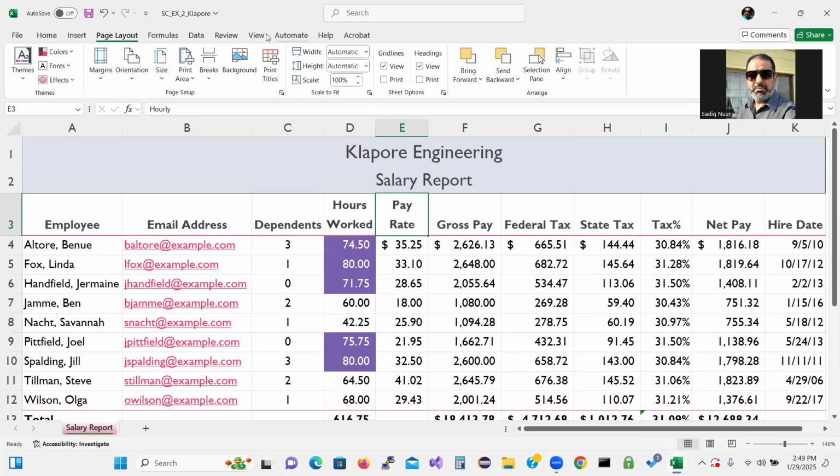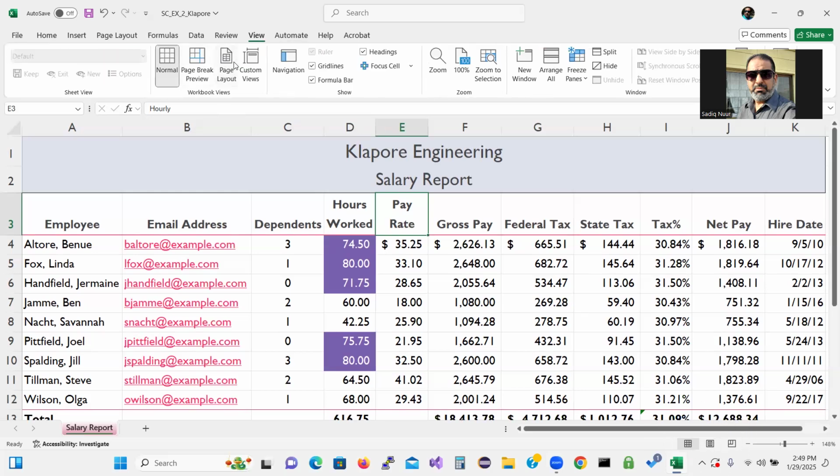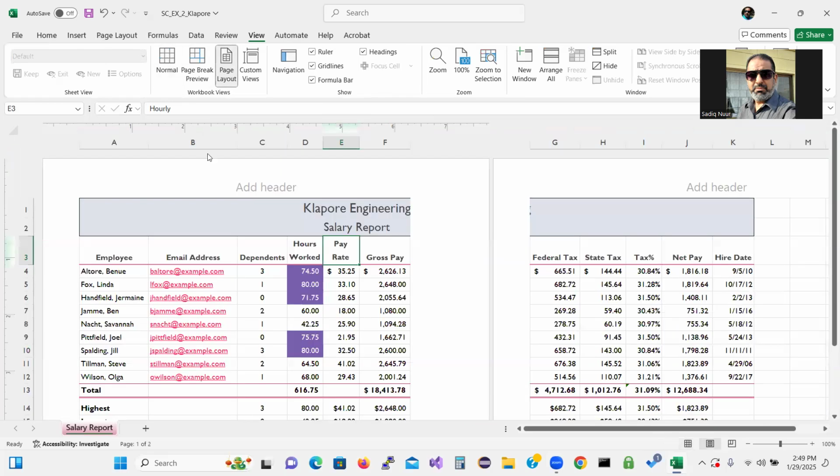Or you can go to View and then Page Layout. Click on it, and you see it automatically says headers. And if you want to go down to the footer, it's going to show you the footer, right? So for example, in the header here,